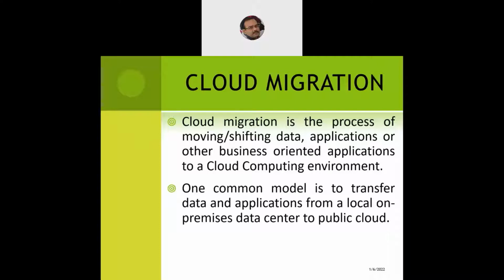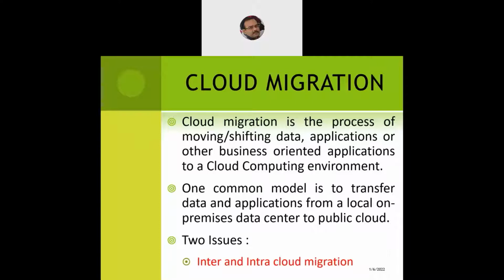For example, when we have hosted our university website, ipu.ac.in, that is designed at our local on-premise data center, the UITS, which is on the fourth floor of our D block in the university. So that is our on-premise local data center. We design the pages there, we upload all the notices there, and for uploading, we connect to the Meghraj cloud of the NIC, which is based at Shastri Park. So we upload all our content, all our applications, all our images, data from the local premise center to the public cloud platform, which is the Meghraj cloud.